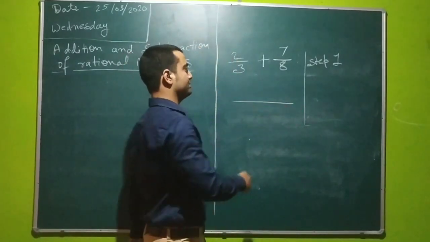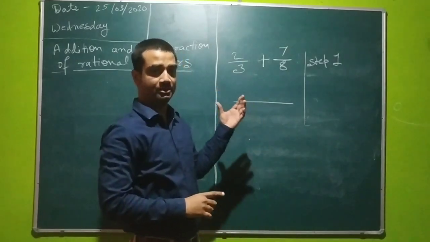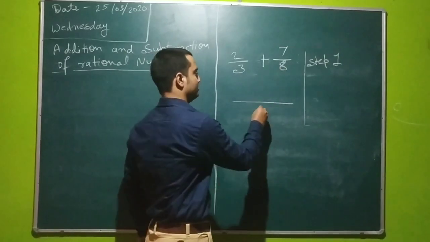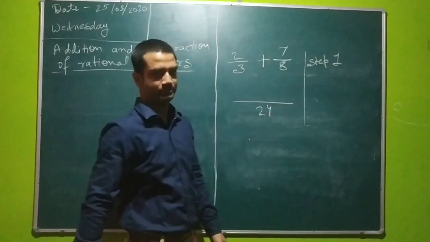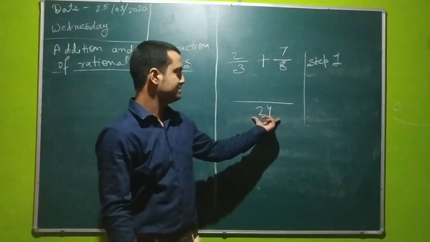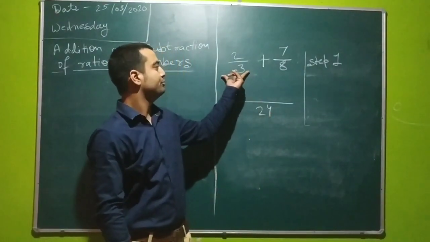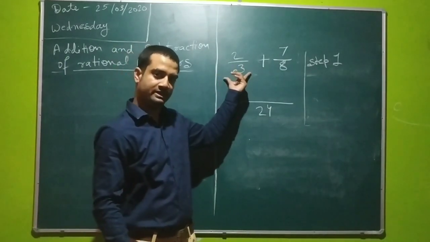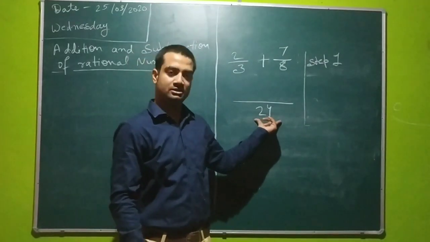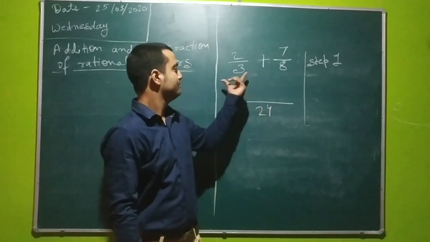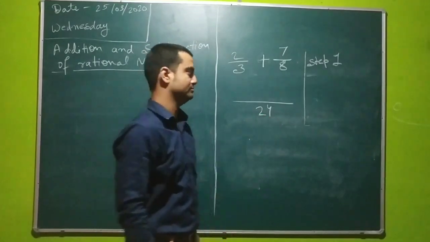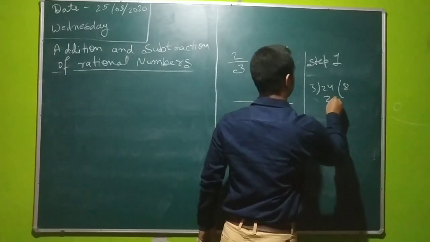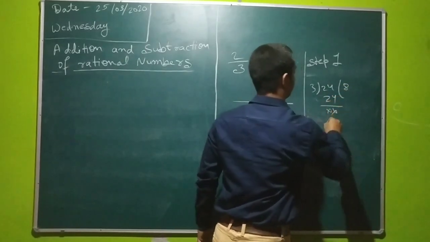this, and in the middle we will write the LCM of the denominators of both the rational numbers, that is 3 and 8, that is 24. Now we have to divide this LCM by the denominator of the first rational number, or you can also say, how many times we can read the table of 3 in the LCM, which is 24. Since 3 eights are 24, or when we divide 24 by 3, it gets divided by 8 and the remainder is